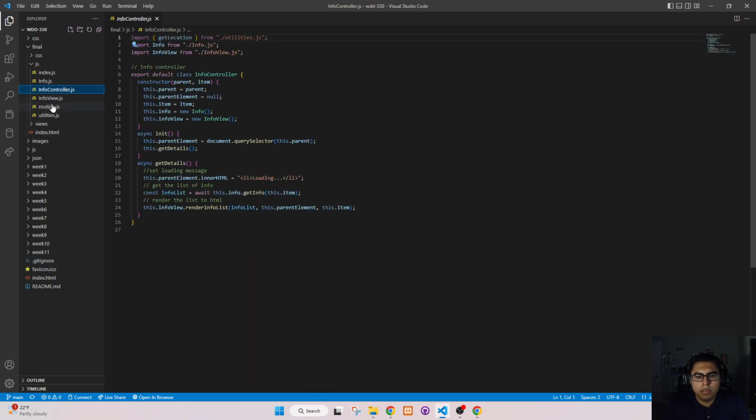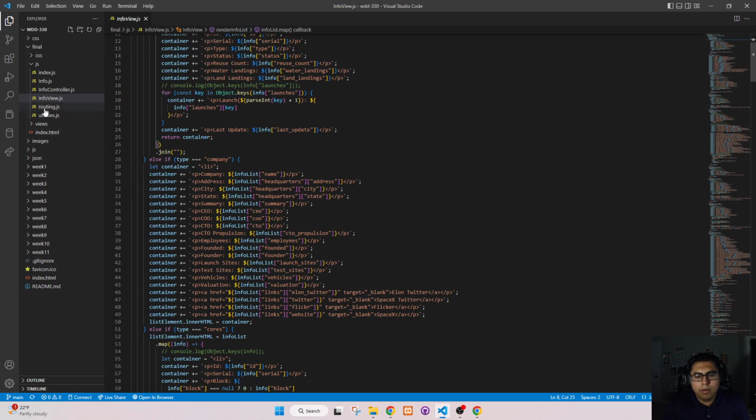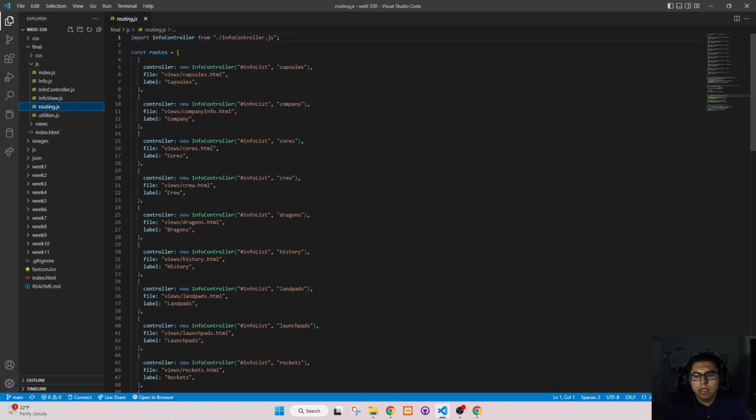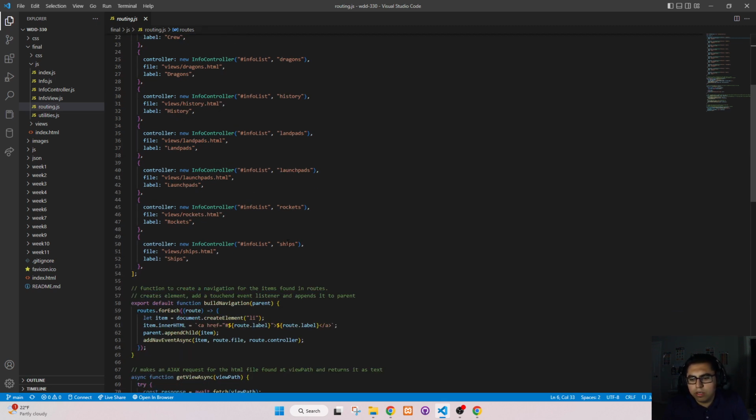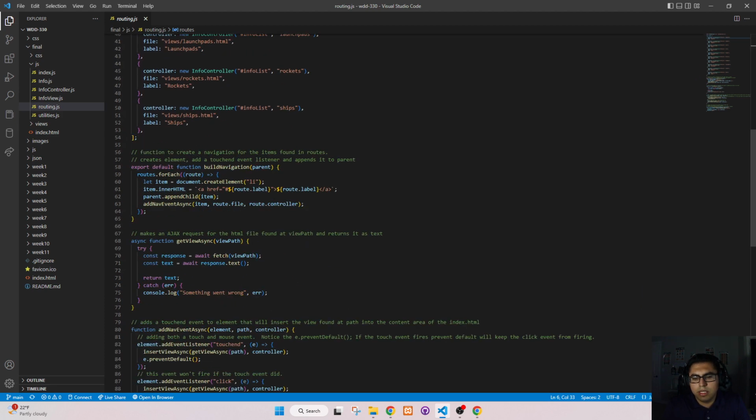So here's my controller, and then it would just call the models, JavaScript files, so that they could handle all the things that needed to be handled. And another thing was that in this routing file, I had to really figure out how to split up everything out. It took a long time to get a good working setup,